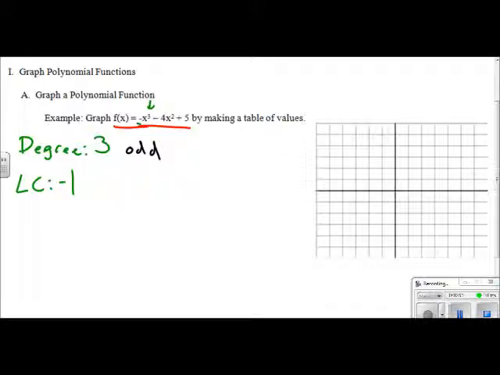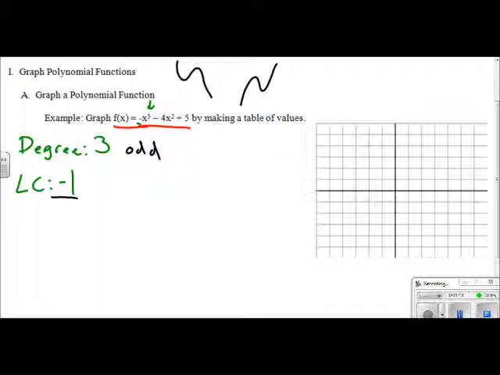3 means it's a cubic function, so we know that it'll give this curved look here, or it might start at the bottom and give this curved look here. We're not really sure, but we know that it's cubic. But we know that the leading coefficient is negative 1. And from our properties of functions before, given the degree and the leading coefficient, if it's negative, that means we know that